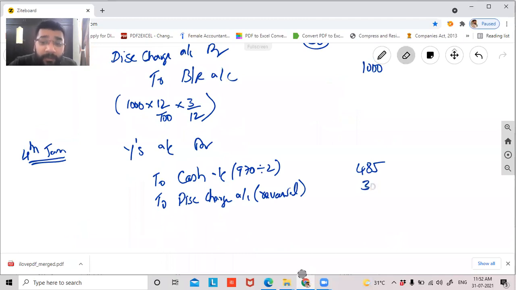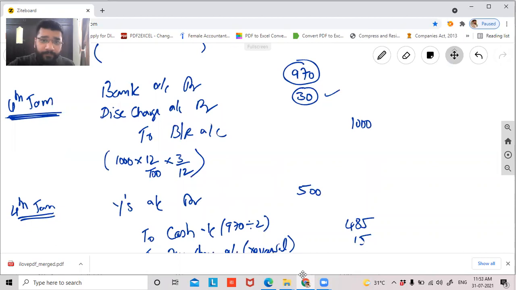You will reverse how much? 15 rupees, not 30, 15 rupees. So 30 debit, 15 credit. So finally, how much is X bearing as expenses? 30 minus 15, 15 rupees is the expense that is borne by X. Now, guys, how much is Y's account getting settled? Can I say Y's account, out of 1,000 rupees that we owe to Y in the first transaction, 500 is being settled? Yes or no? Yes, sir.